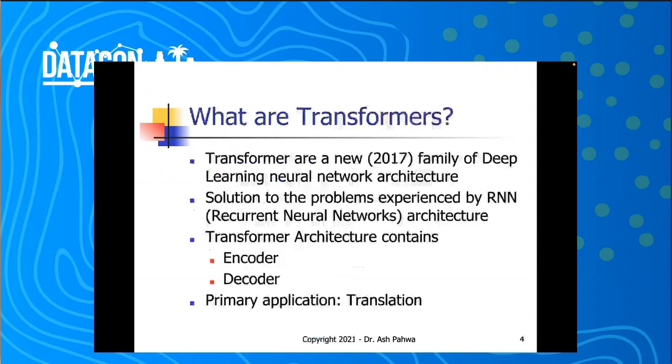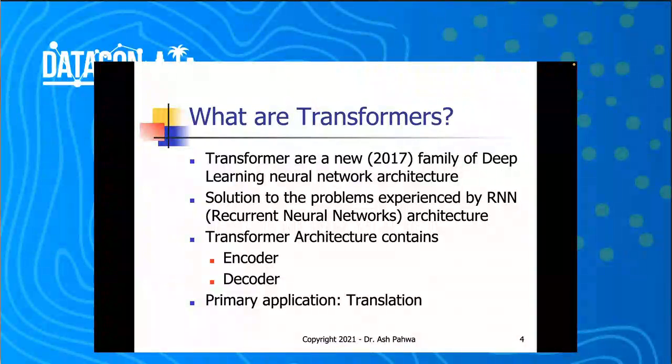Okay, so this is the outline of my talk. We're going to talk about what a word embedding is, what GPT is, what BERT is, and what context sensitive embedding is. We're going to look into positional encoding and also self-attention and how this whole system works. Okay, so that is the outline of my talk.